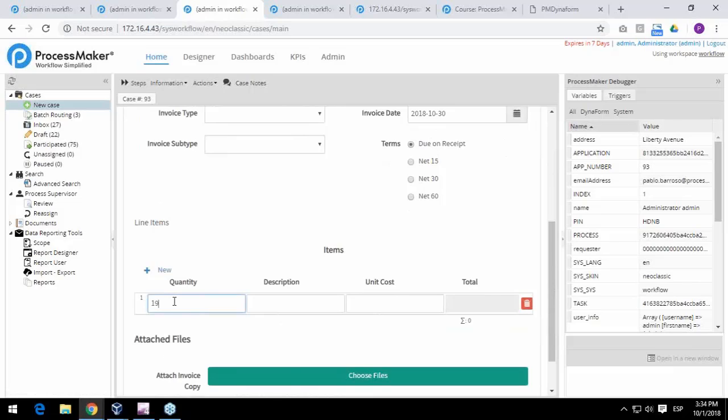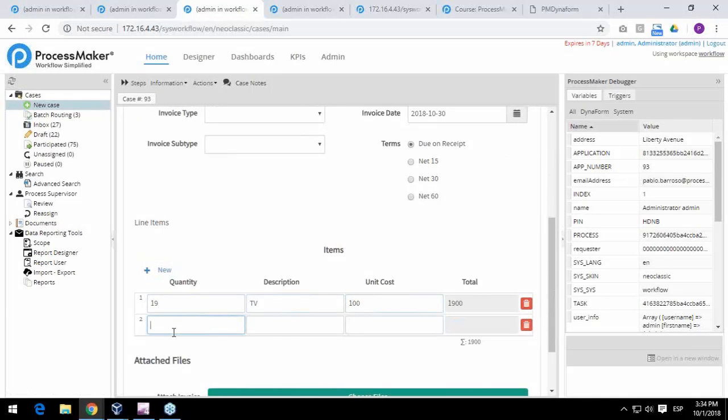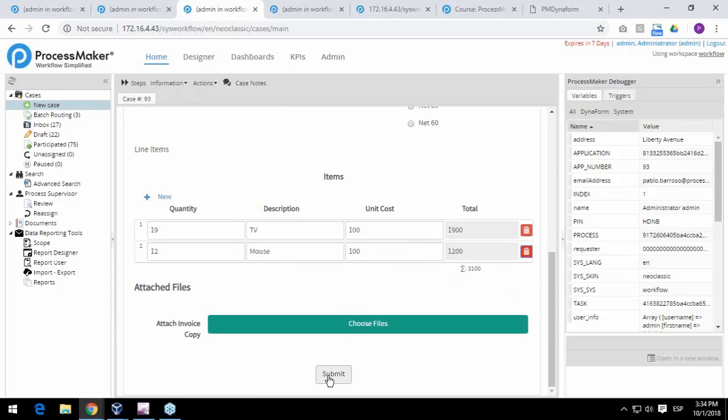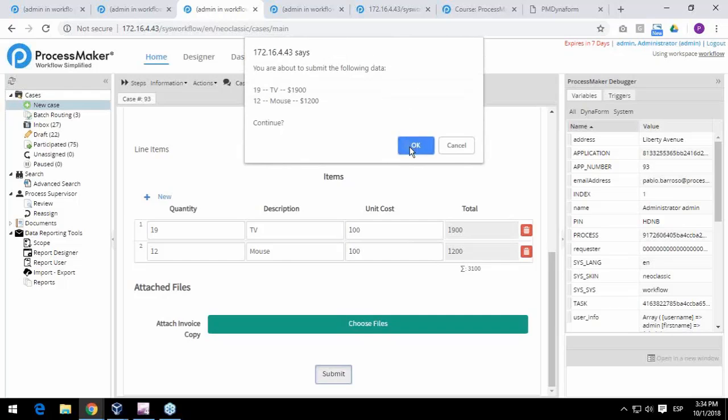The first one is 19 TVs, and the cost is 100, for instance. Then I'm going to use another item, and it can be a mouse. My excuses. Mouse comes from description, then you have 12, and then you have the unit cost 100. When that happens, I'm going to submit this,